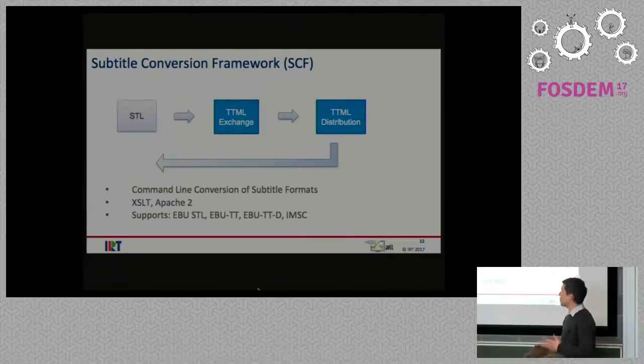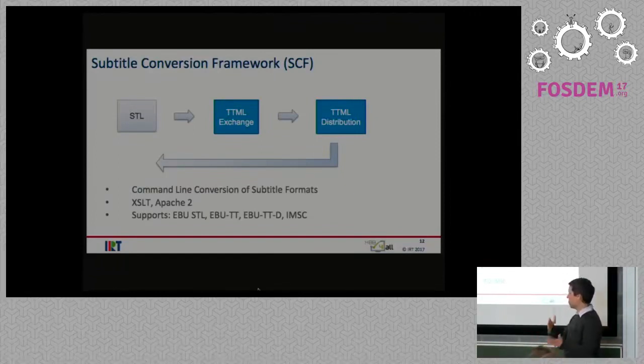So we focus on the quite popular broadcast subtitle exchange format EBU STL, and we support through XSLT scripts the conversion from STL to an archive format of TTML and then to the distribution format of TTML.